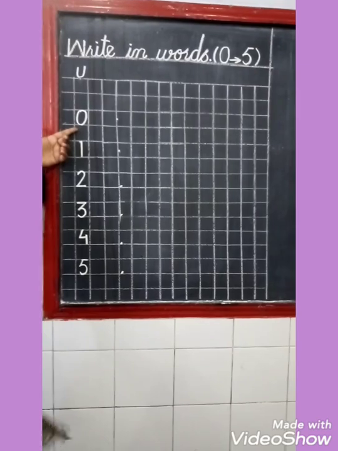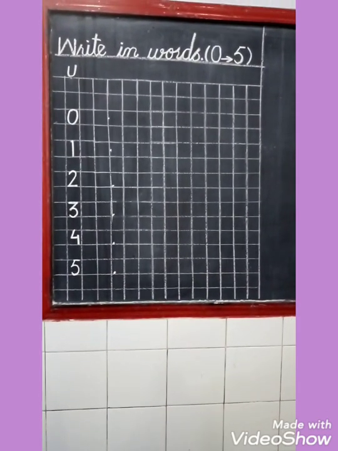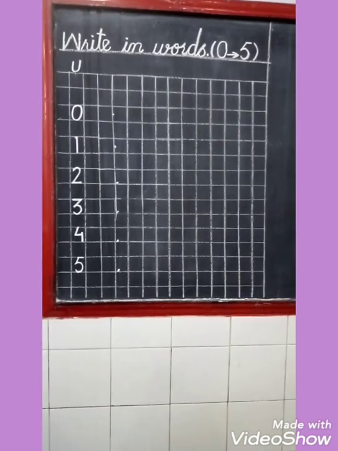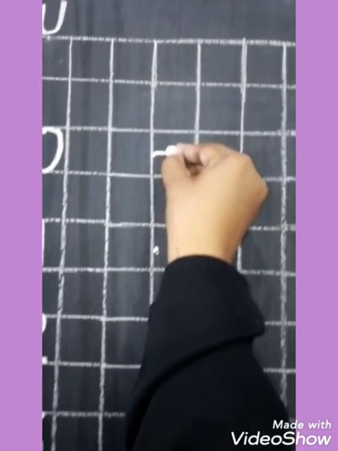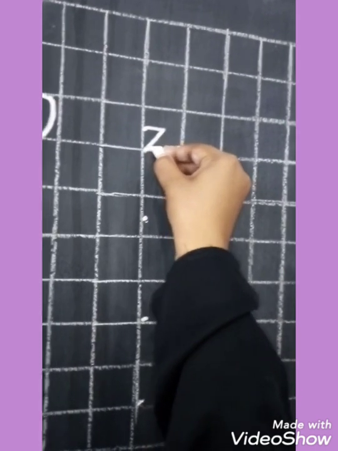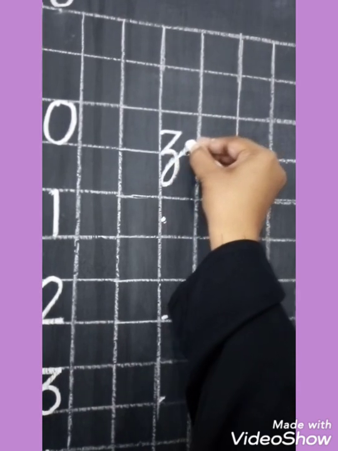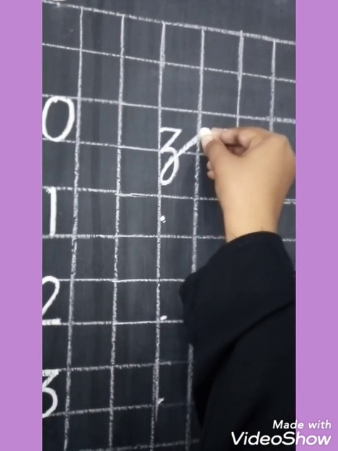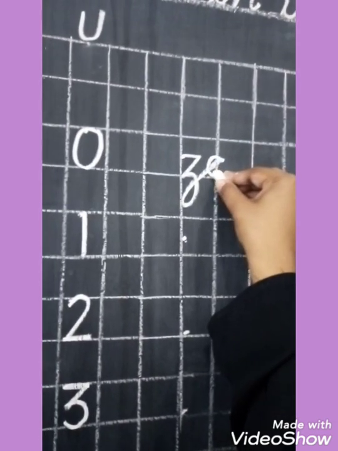Now I am going to teach you the spell of 0. Z-E-R-O, 0. Now look at the class, how to write the spell of 0. Start from the given dot, make straight line, slanting line. From this point, write down on the given line, make a round belly and go up and make slanting line. And stop here. And then write down E, touch the block.